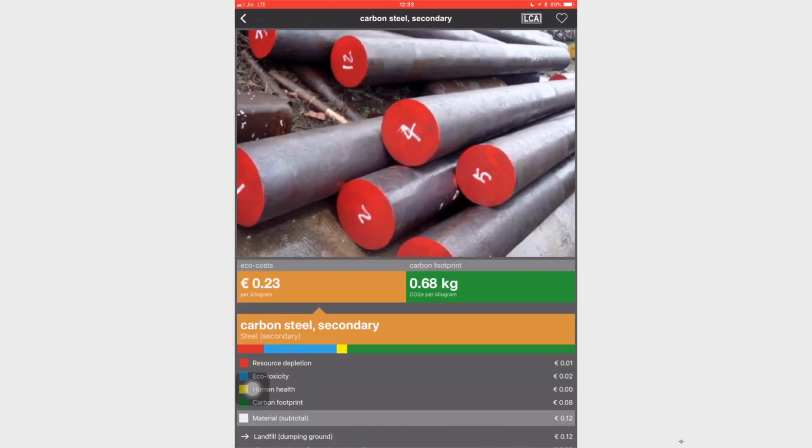So you can see the eco cost for our declared unit is coming out. For landfill it is 0.06, for waste treatment 0.07 euros, for circular economy it's 0.06. I can click on the green and also see in detail the impacts over here.